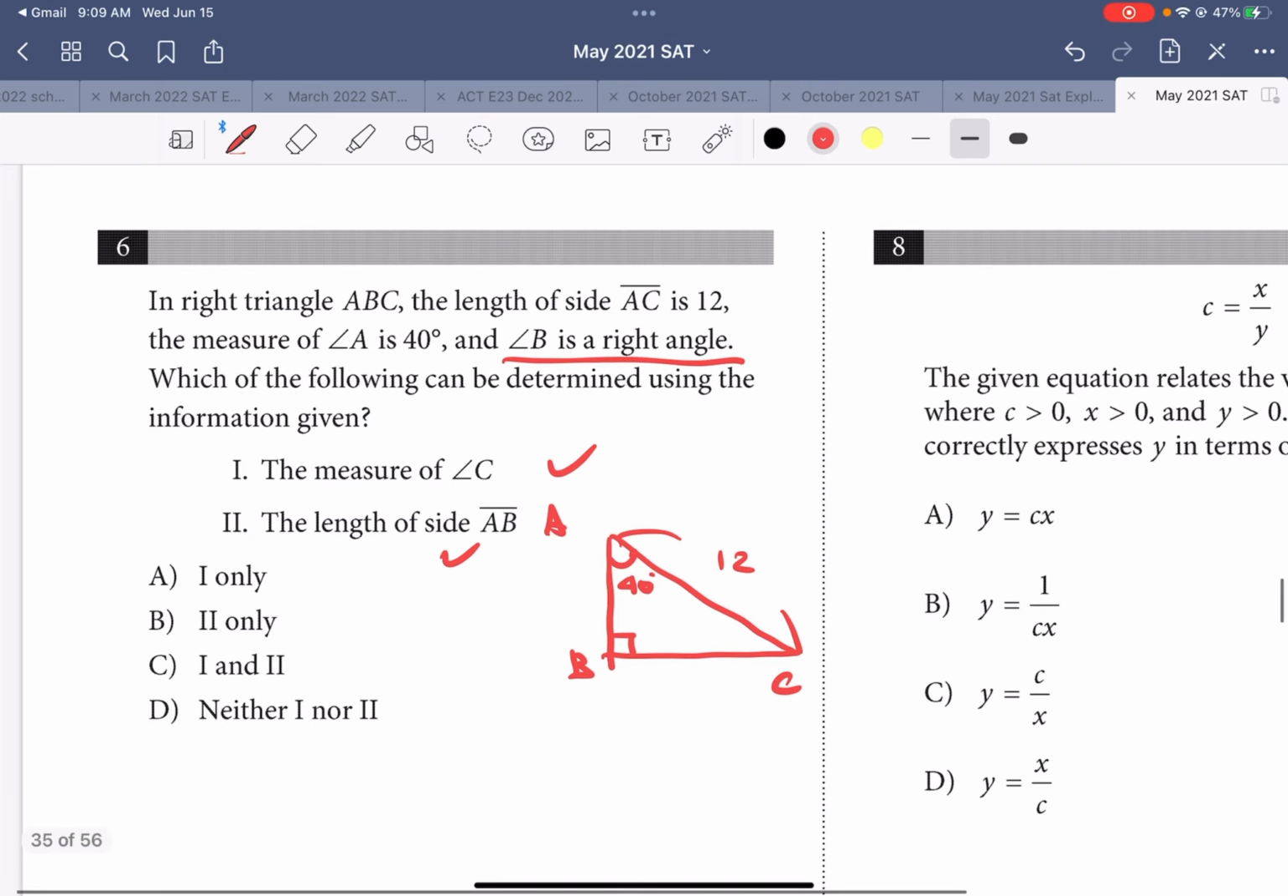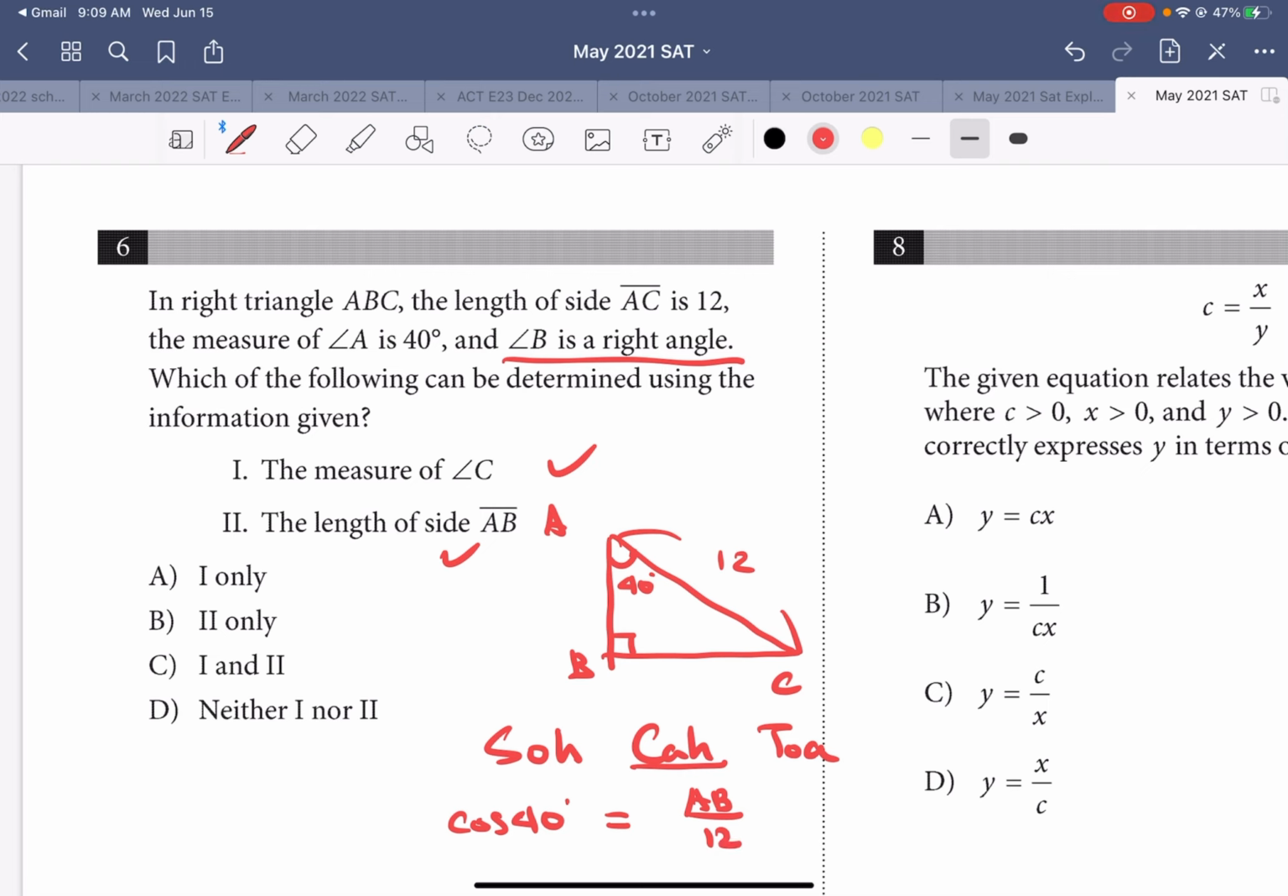Because if you remember SOHCAHTOA, using trig function, trigonometry, you can say cosine 40 degrees equals this one, adjacent over hypotenuse, so AB over 12. So this is a value, and 12. So AB is 12 times cosine 40, so you can find out length of AB. Okay, but they didn't require you to find out that value. They just see which one can be determined. Okay, so 1 and